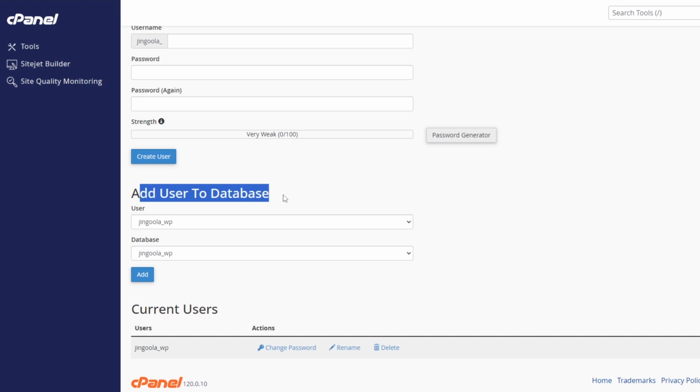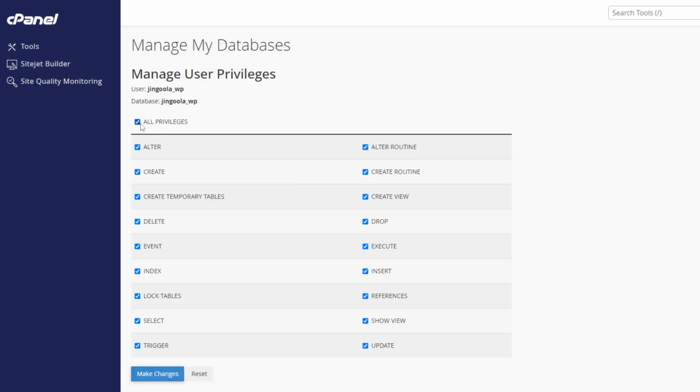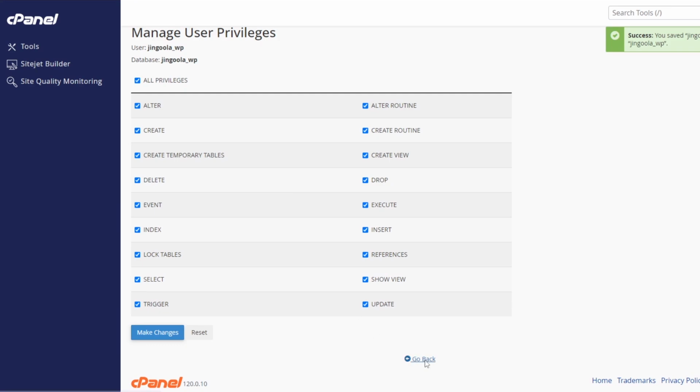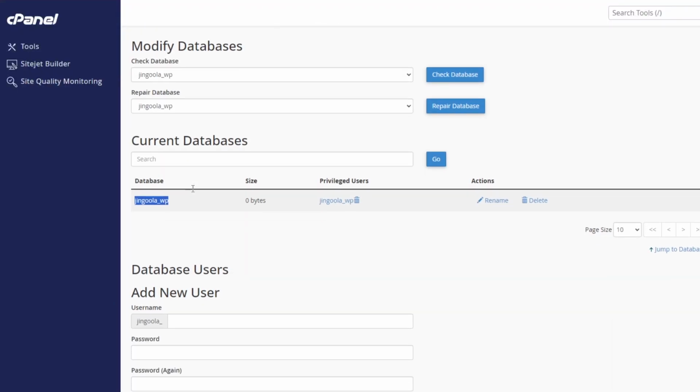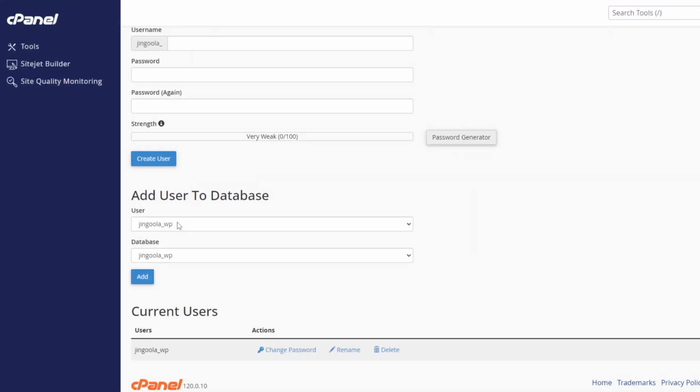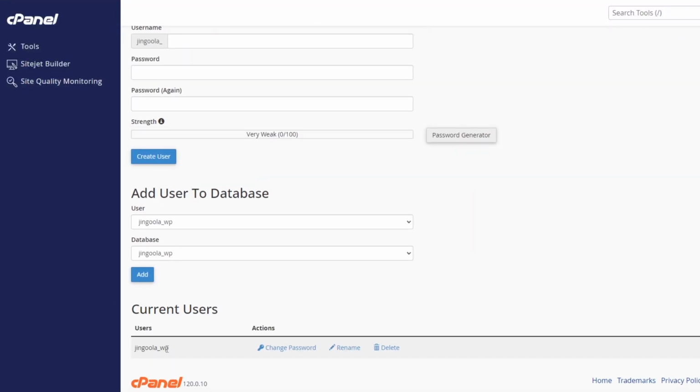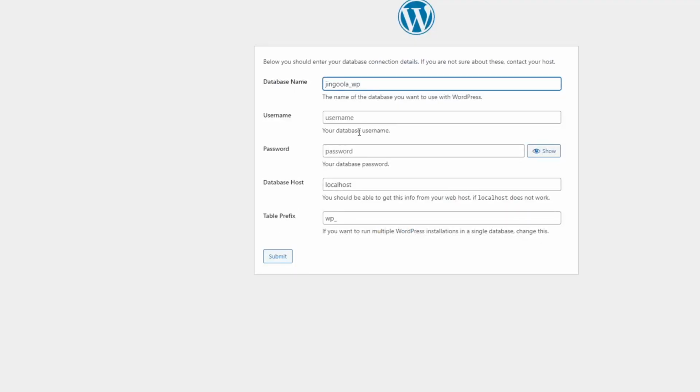The last step is to connect the user to the database. Click add in the add user to database section. Check all privileges to grant full access to your database user and prevent future issues. Click make changes. Now go back to your website's main page and copy the database name, username and password into